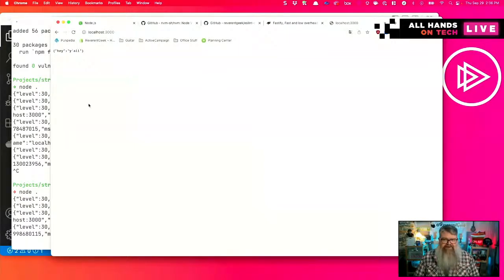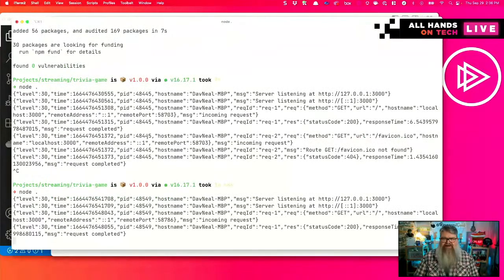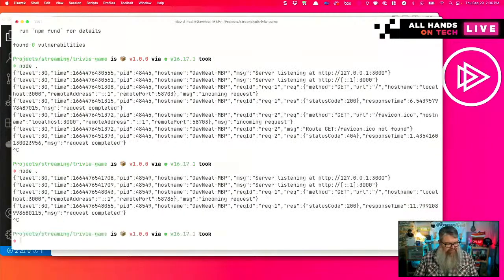NodeMon is a developer tool that will detect whenever you change a file in your project and automatically restart your server, which I think is very handy. You saw that every time we make a change to our project, we have to go to the terminal, type Control-C to stop the server from running, and then restart the server.